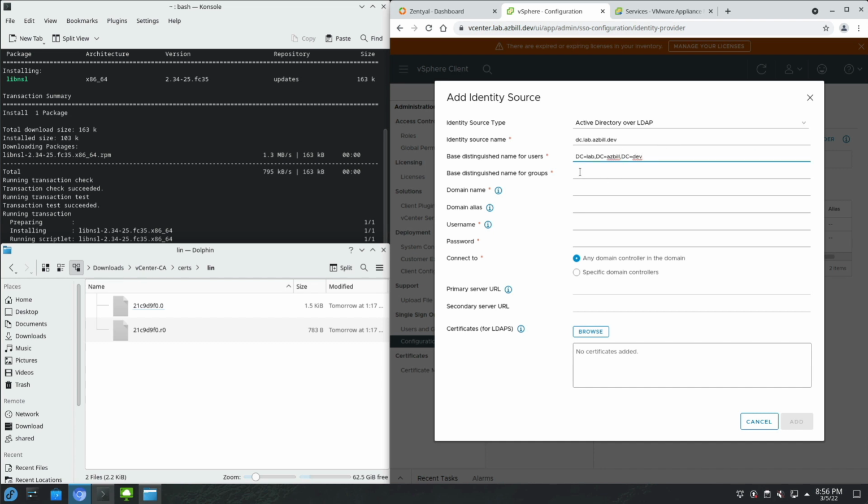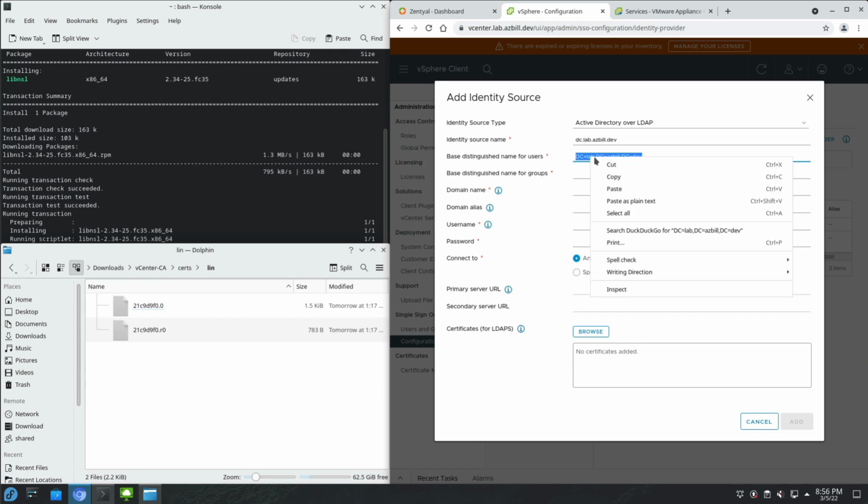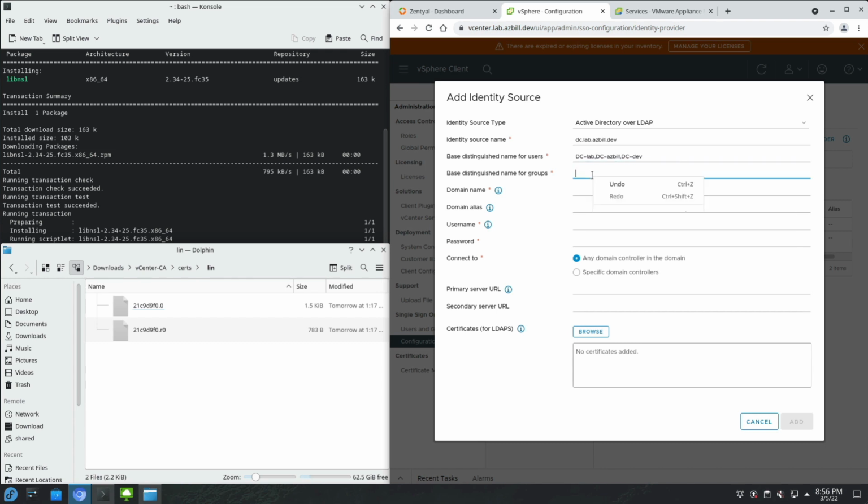All right, so DC equals lab, comma, DC equals asbil, comma, DC equals dev. That should do it. And we'll just paste that down here.